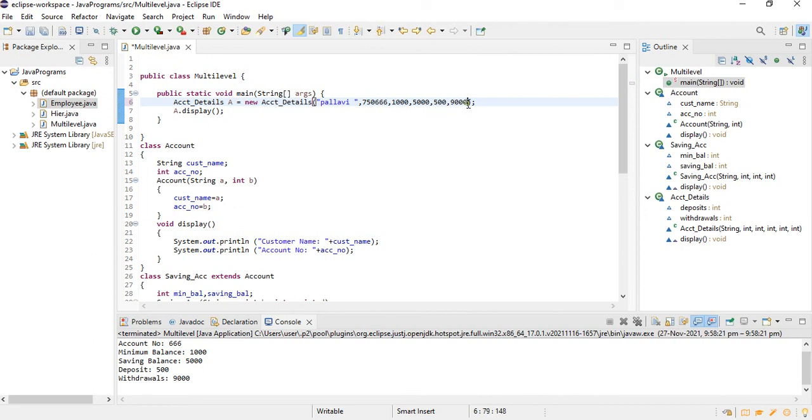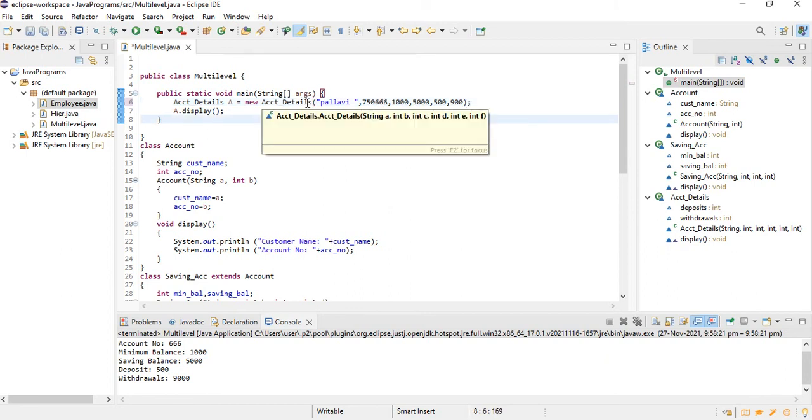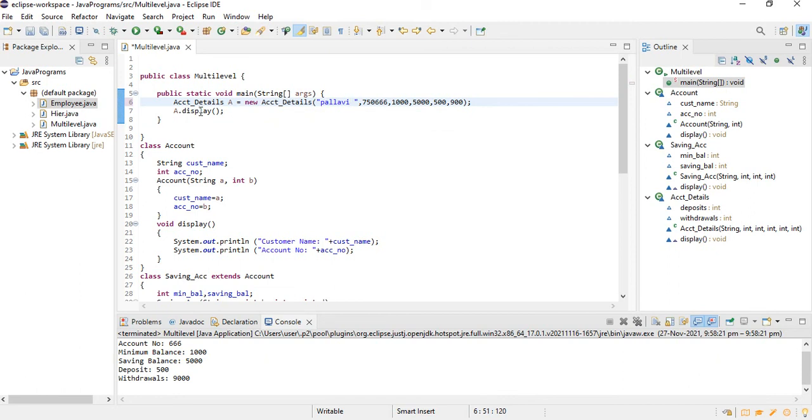These are the values I pass through my constructor, and I call the display method only once. When I call this display method, because of the super keyword which I used in my child class and parent class, it will call all super class methods with the same name, display.